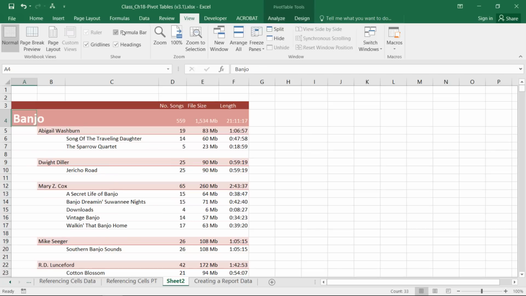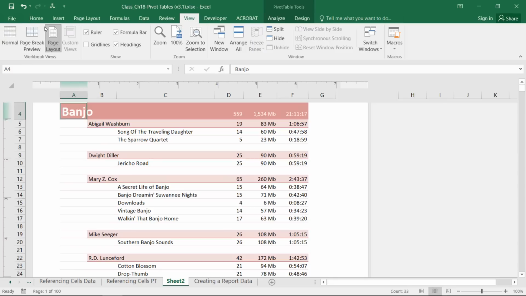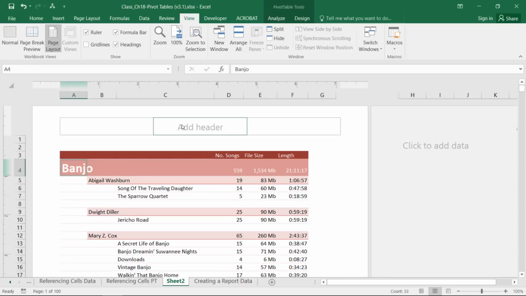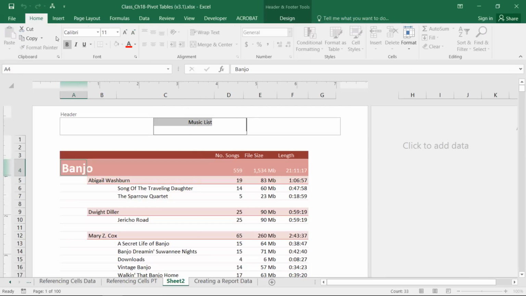View. I'm going to turn off the grid lines outside of what's in the sheet, and let's say page layout, and let me scroll up, and in my header I'm going to create a header of my own called Music List, and let's make it bold and a lot bigger. Okay,